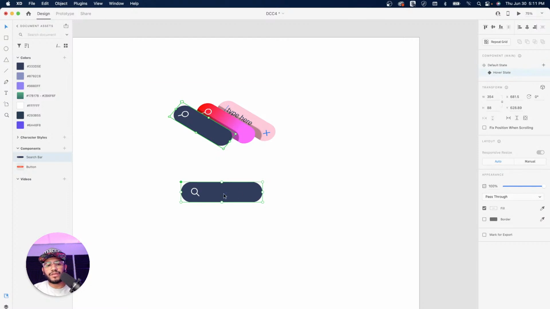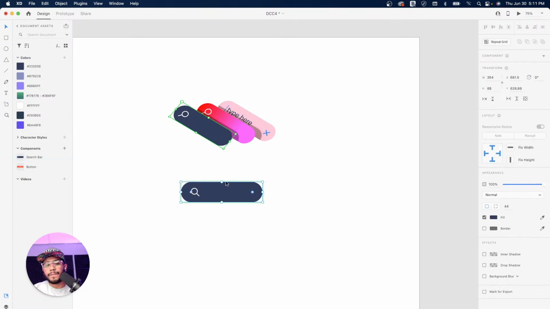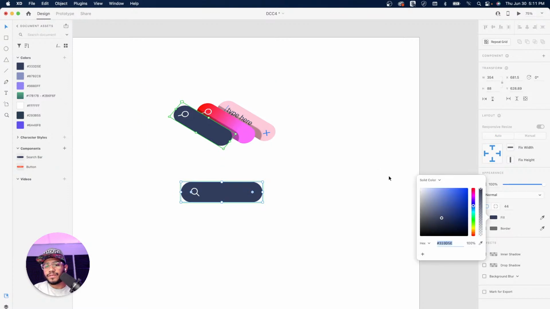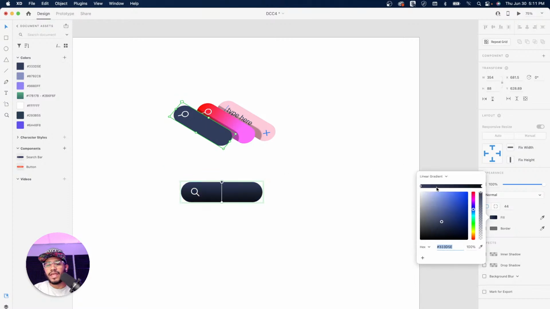So for the hover state, we're gonna command click or control click the background, and we're gonna mimic what they have here. So we're just gonna go into your fill. Then instead of solid, we're gonna do a linear, and then let's pull these away diagonally, kind of like that, and then click on the top one, and for the top one we have that kind of